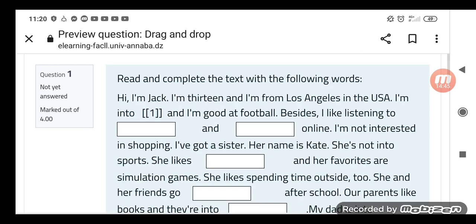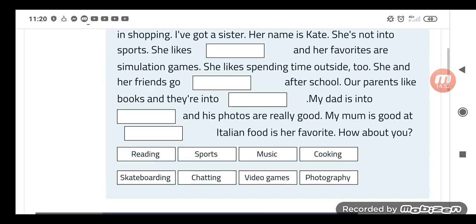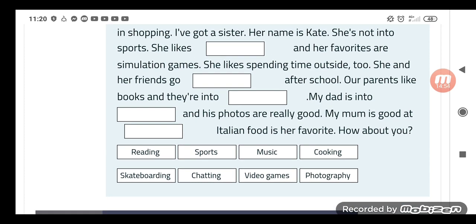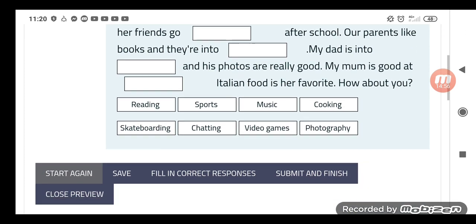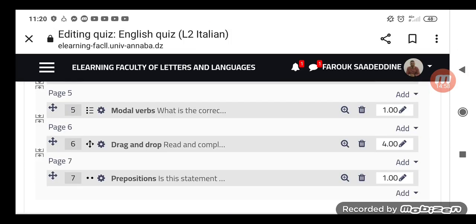Here we go. So here there are blanks for the students to fill with the suggested words. You can see that another type of question I have included is